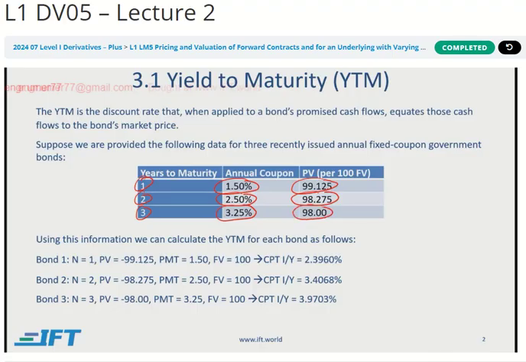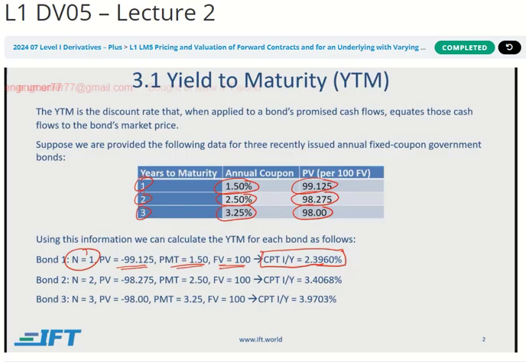Now to calculate the YTM, what we can do is you can use your calculator. For the first bond, you can enter the number of years as 1. The present value we're entering in negative because this is something you have to pay to purchase the bond. But the payment is something that will be entered in positive because this is the money you will receive. And the future value is the face value which you will get once the bond matures. And then all you can do is press compute and IY, and what you will get is the yield to